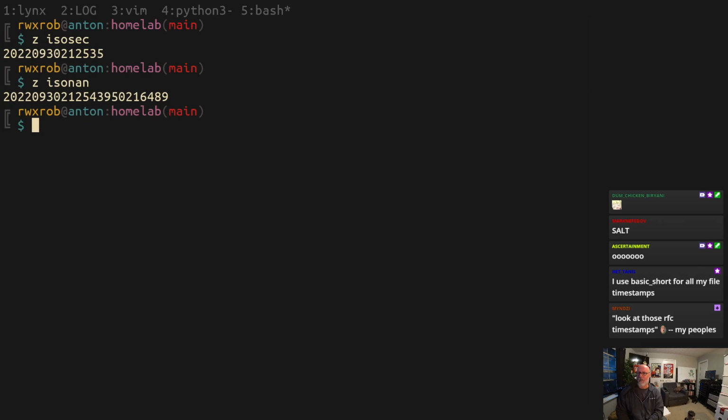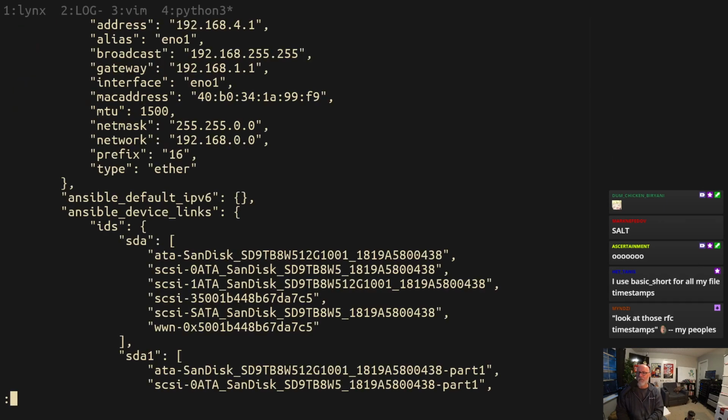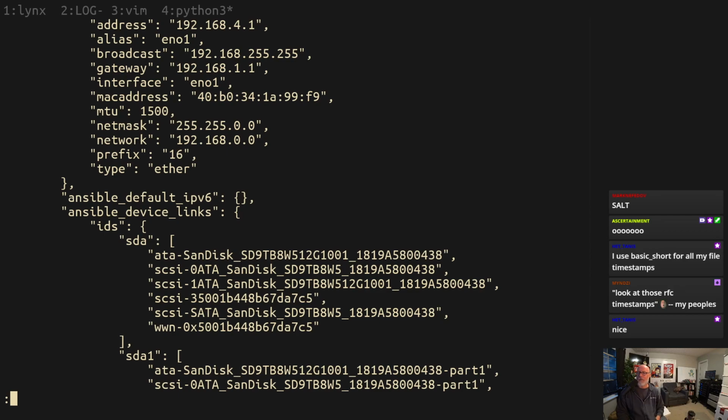I use those for everything because they sort well. They're based on a date. All my Zettelkasten are named after them. That's my favorite. I mean, how much more granular than a second do you usually need to be? Usually not. Ansible